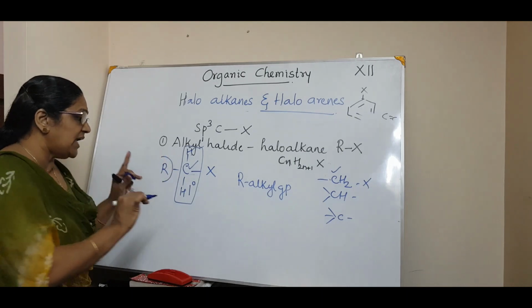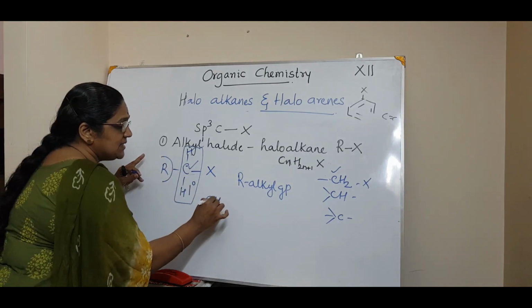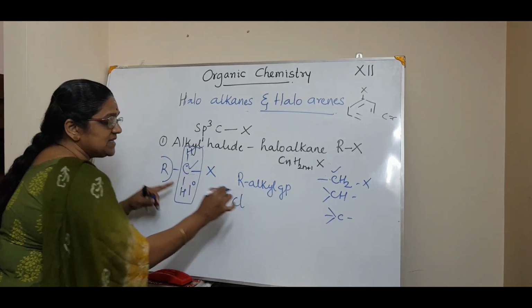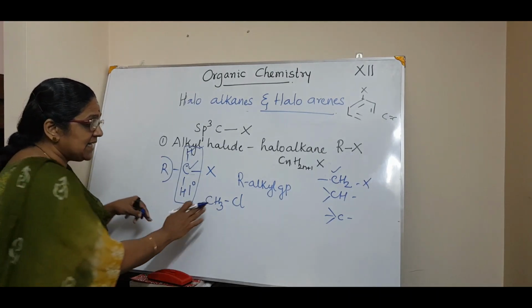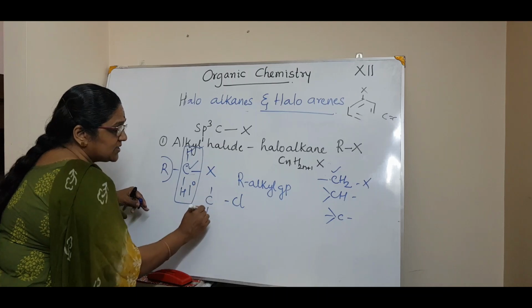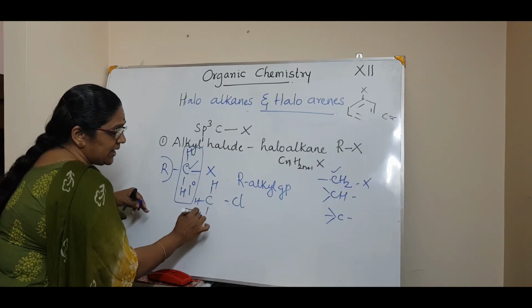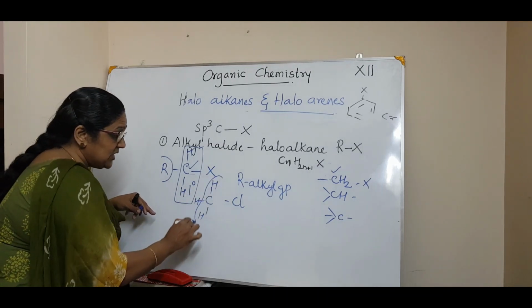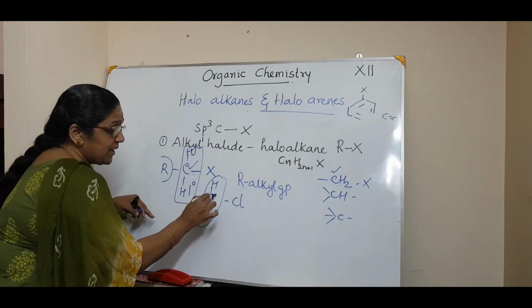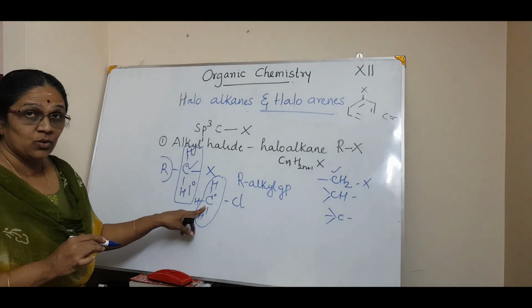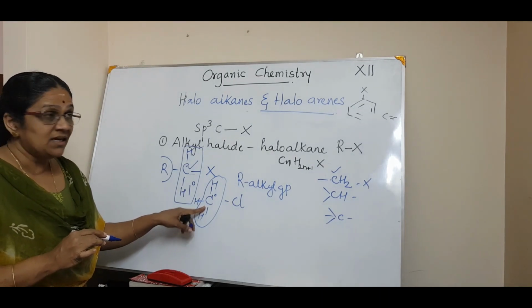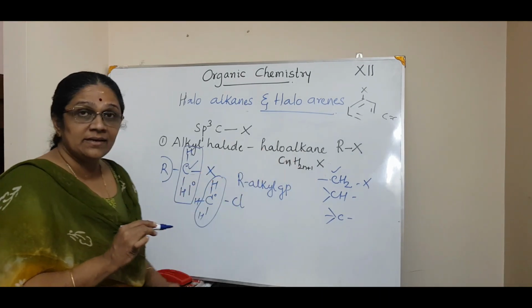If you want to name it, I can name it. For example, CH3X or CH3Cl comes under this. See, the carbon atom, 3 hydrogen atoms, I can replace by bonding structure, that is H, H and H. This contains a CH2 group. This is a primary carbon atom. So this is chloromethane, isn't it? That is haloalkane.